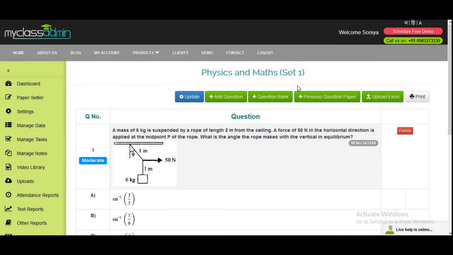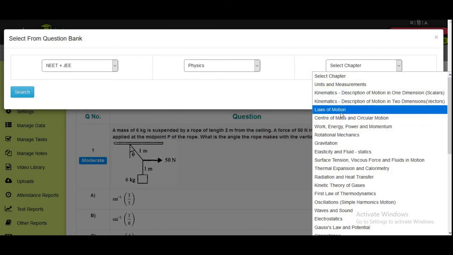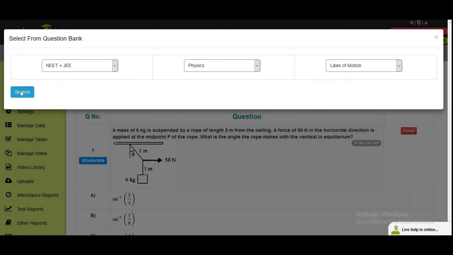Now our second part is question bank. From this question bank, you can select multiple questions and can add the same in your question paper. So click on question bank and select the course, subject and chapter and click on search.